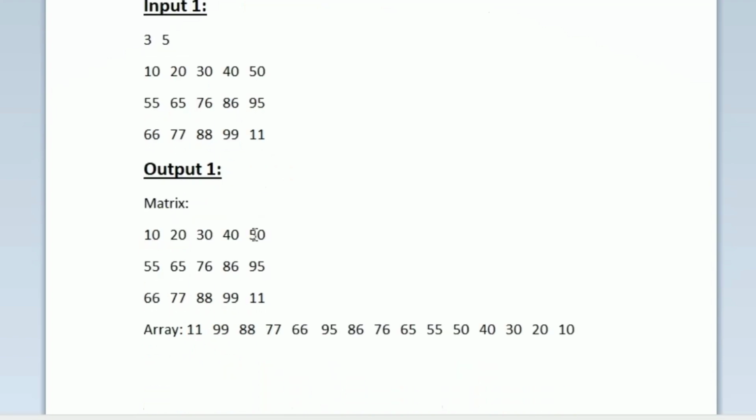In our expected output, we can see that the array contains the integers 11, 99, 88, 77, 66, 95, 86. This is how we are storing the integers into the array. Our task is only to implement a function named getArrayFromMatrix, which is expected to return a pointer to the structure bounded array.